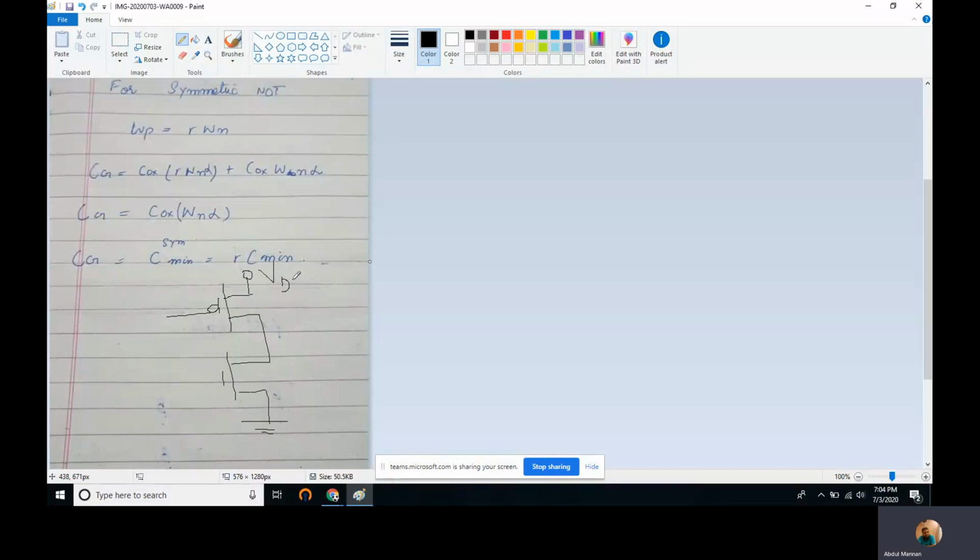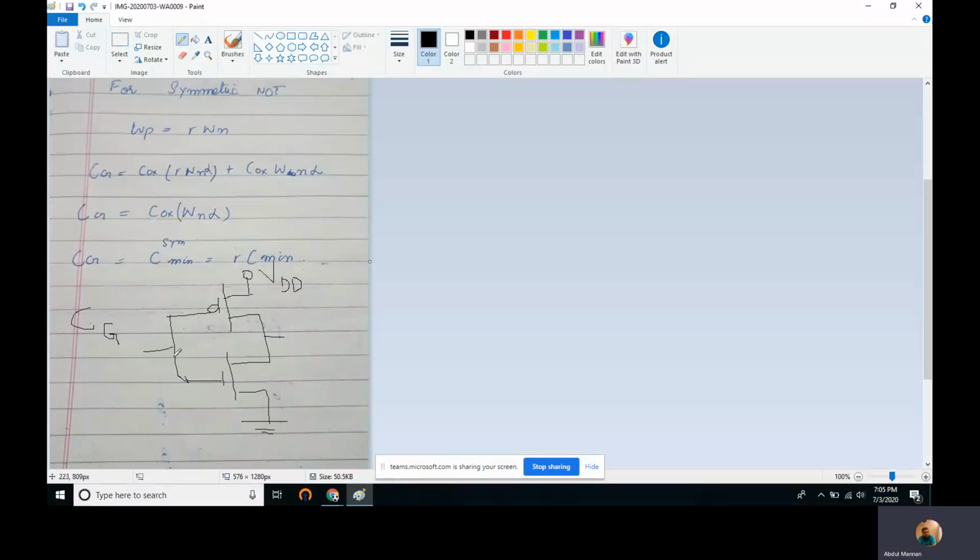The source of the PMOS is connected to VDD. The source of the NMOS is connected to ground. The drains are connected together and form the output, whereas the gate terminals are connected together and form the input. The CG is the input capacitance of this